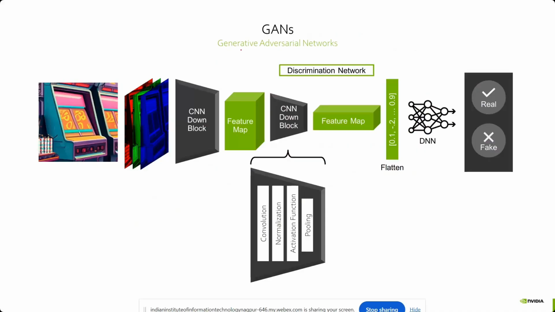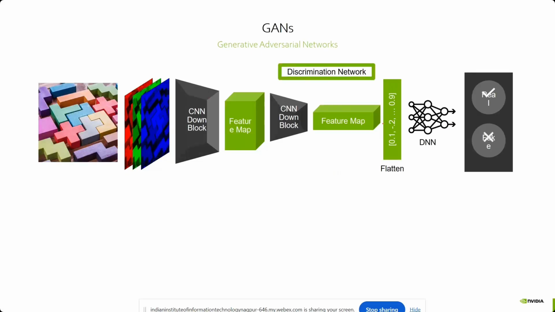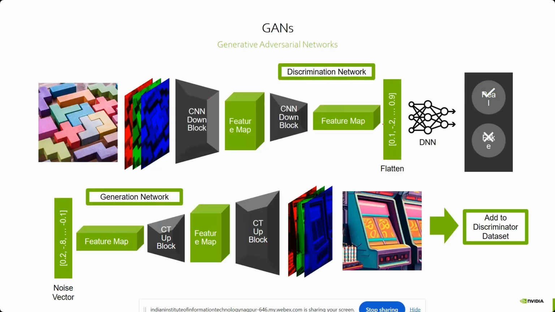That good fellow came up with this GAN. Nowadays, different GAN versions are there. In the previous sessions, you might have already gone through this in detail. So it has a discriminative network. This is basically a simple CNN architecture where you are only checking whether the image is a real or fake image. And then next you have the generative network.